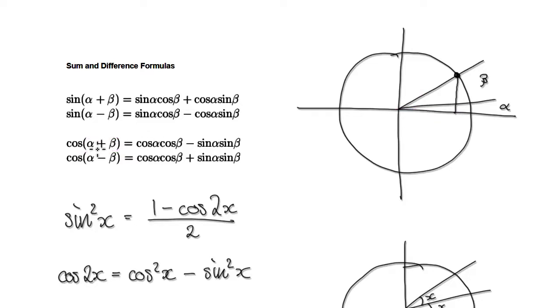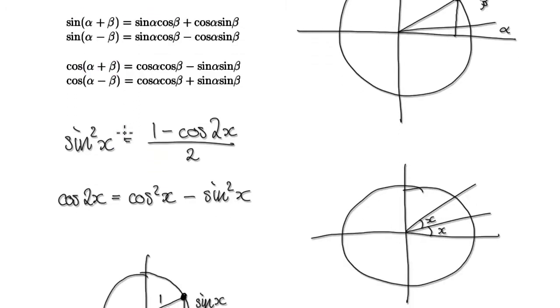So for us to show this equals this, we would make these two angles the same as each other. So we would consider that alpha is the same as beta. So let's just call this angle x, then this angle x. So what we're saying is that these two angles are the same. So when you consider a scenario where the two angles are the same, this would be x, this would be x. So really that would be x plus x, which would be cos 2x,